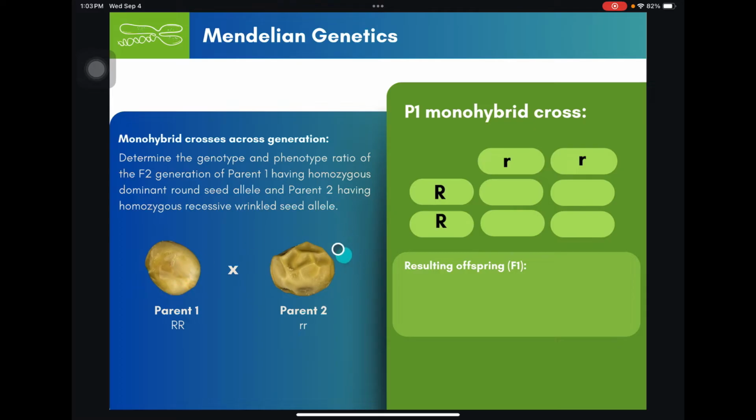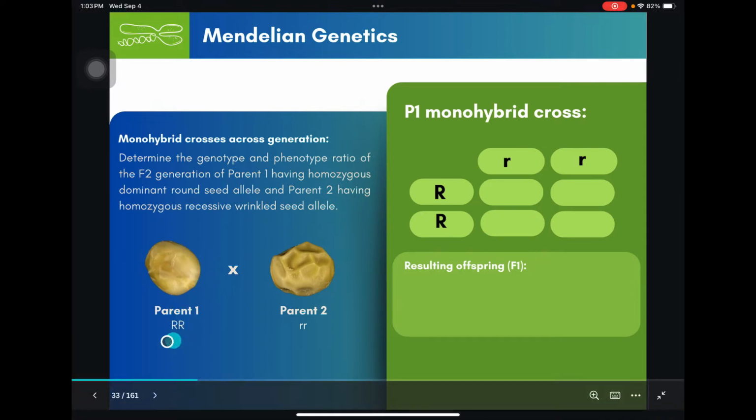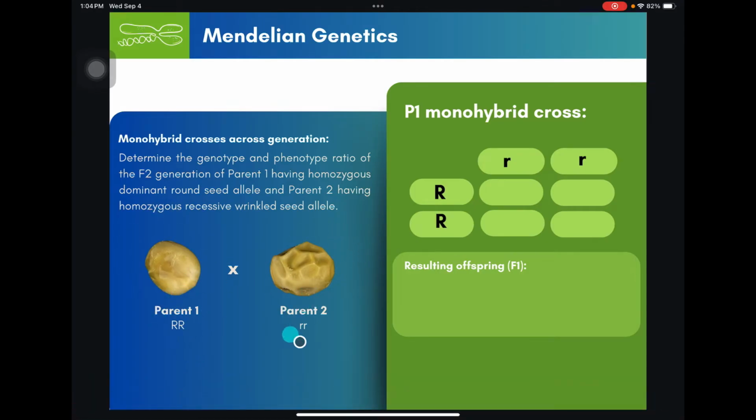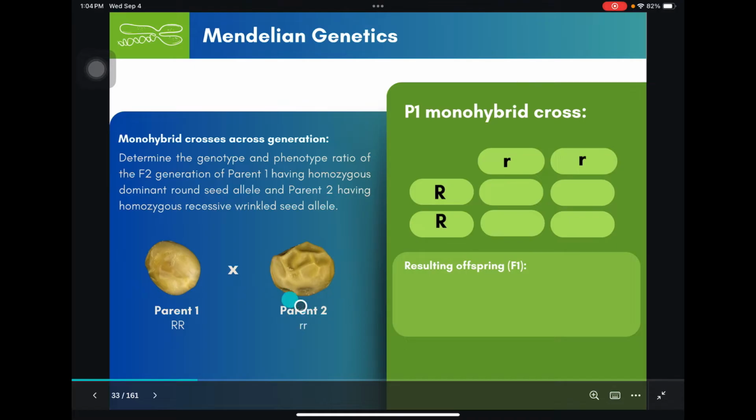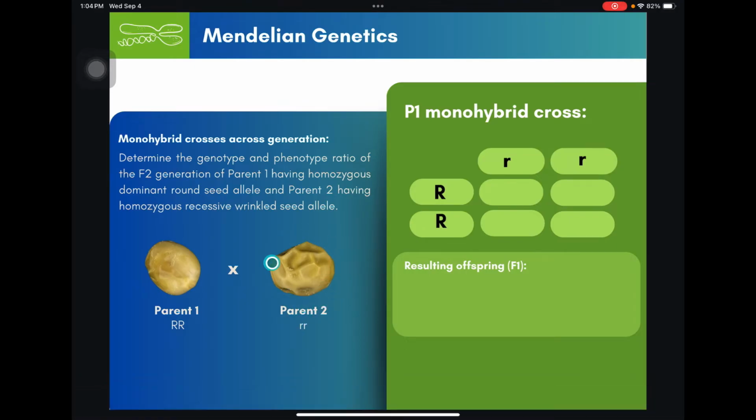If both of the parents have homozygous dominant round seed alleles, meaning to say parent 1 contains both dominant alleles, with the dominant trait being the round seed, and parent 2 contains homozygous recessive, which is technically a wrinkled seed allele. So, what Mendel conducted was to cross these two parents, and if we're going to predict the offspring, or the F1 generation, from this through a Punnett square, the resulting offspring will be like this one.